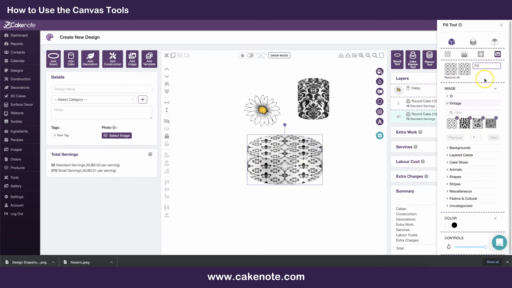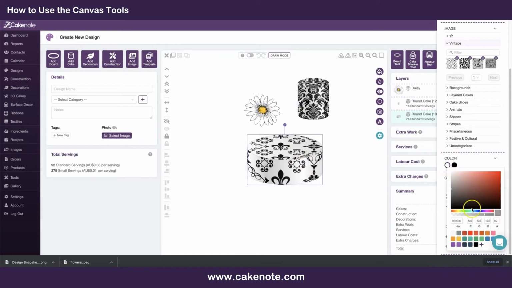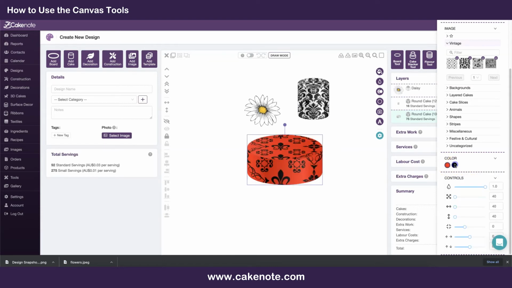But just bear in mind that when you change this to fill, you will lose the controls down here. So if I was to select tile, you'll see that some controls appear down here where I can actually change the size of the fill. Like this. And there's some other controls here that you can play around with. And there's also opacity. And over here you'll see color. So this section here will basically allow you to change the color of the different parts of this image. Okay, so if I chose the white area and I made it red,